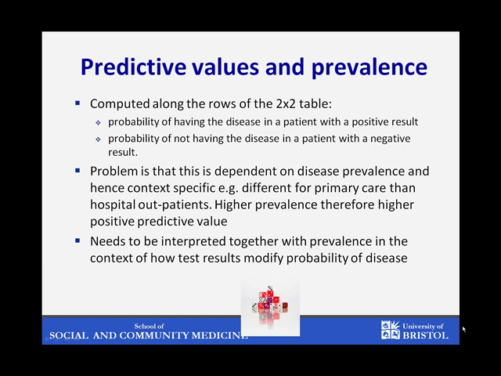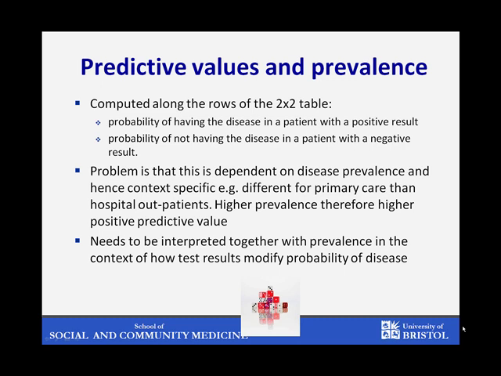These are very helpful calculations and actually are more relevant from both a clinician and patient perspective, but there is one major limitation in their interpretation, and this is because the actual values you calculate are dependent on the prevalence, or how common the disease is within your population. In the context of a research project, this may be totally artificial because the researchers can select how many cases and non-cases they wish to test on, and often this will be done on a 1-to-1 ratio. So for every case they may select one non-case,